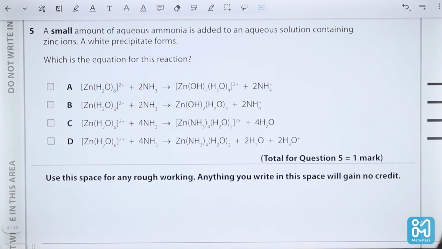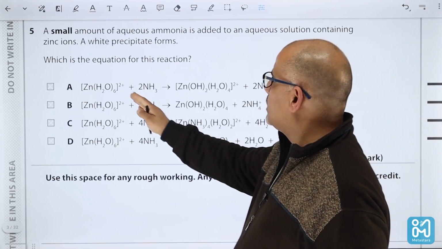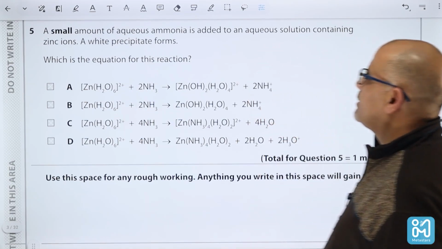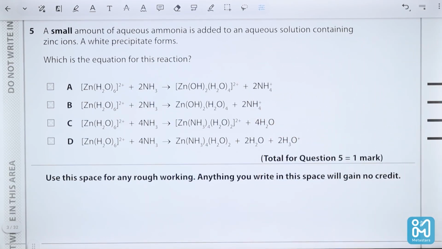As you can see there, for part A, zinc with water. The water here is the ligand and it is reacted with ammonia. He's asking you which equation for this reaction. Since it is a small amount of aqueous ammonia, this means that it is not in excess, because